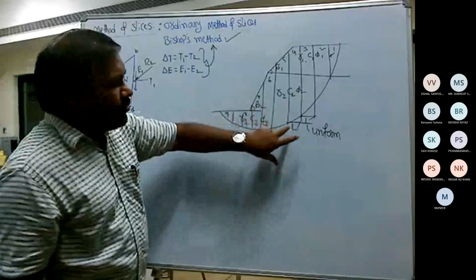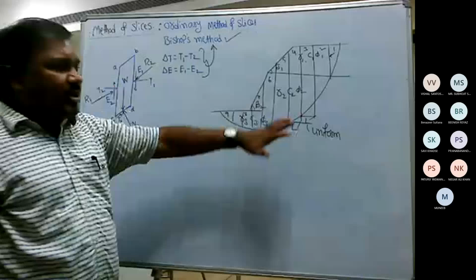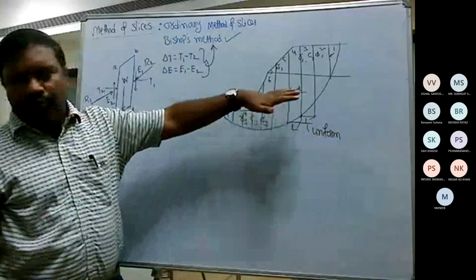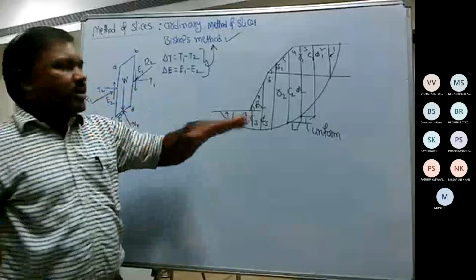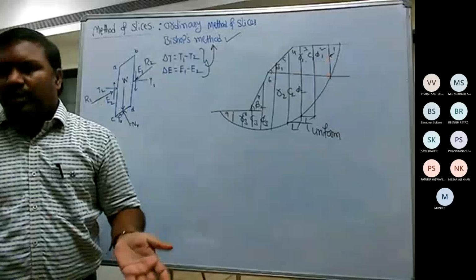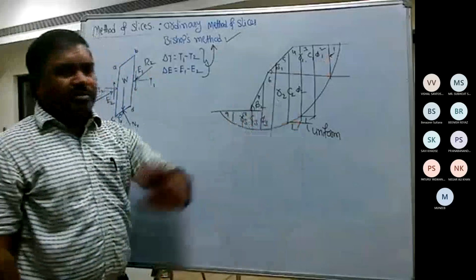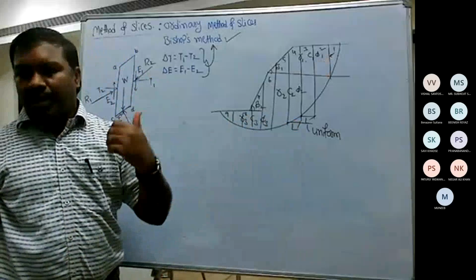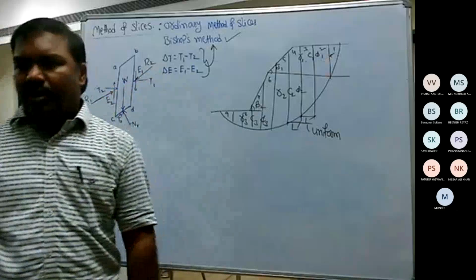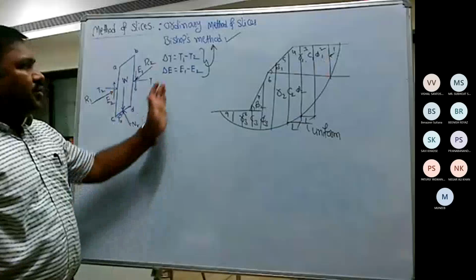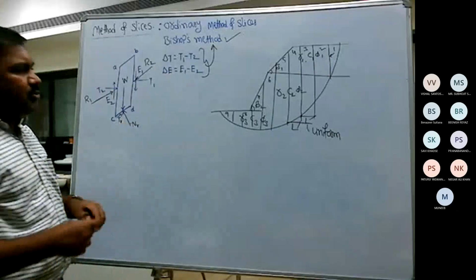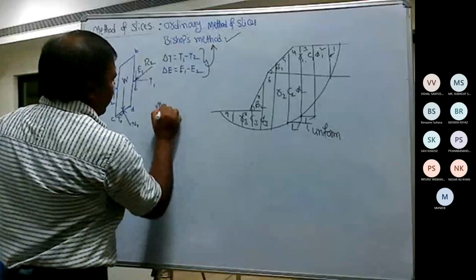Now, if you compare the mass procedure with the method of slices, you can understand the difference clearly. In the mass procedure, we simply ignored the interaction between one element of the soil and another. That is overcome in the method of slices, where it is accounted for in the form of E1, T1 and E2, T2. But to account for E1, T1 and E2, T2, in the mass procedure we had taken only the moment equilibrium.